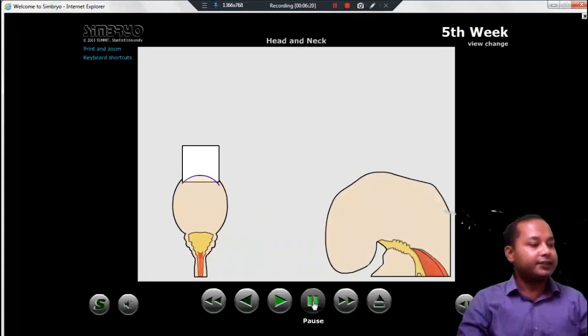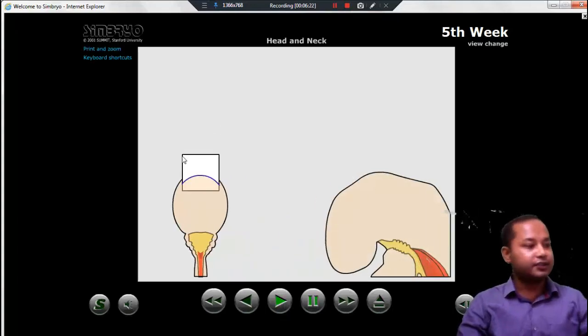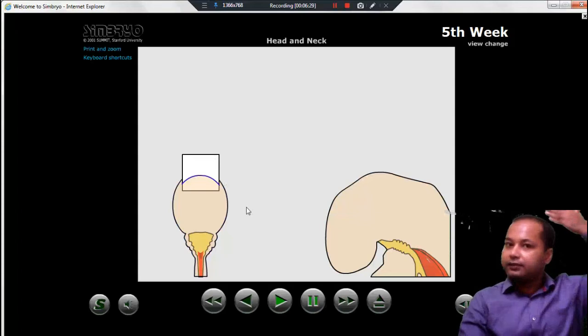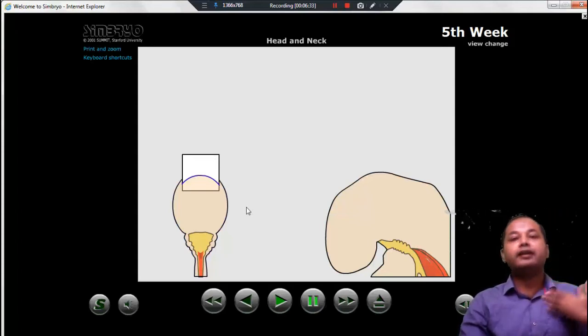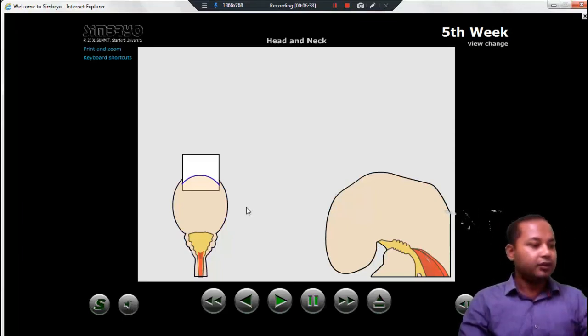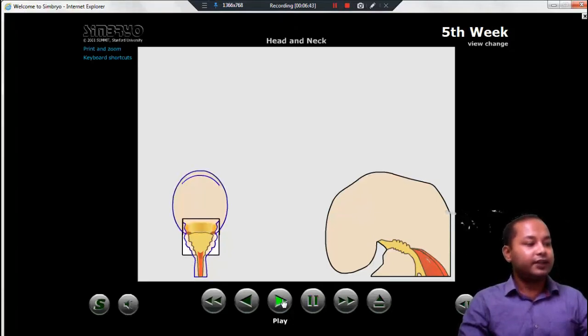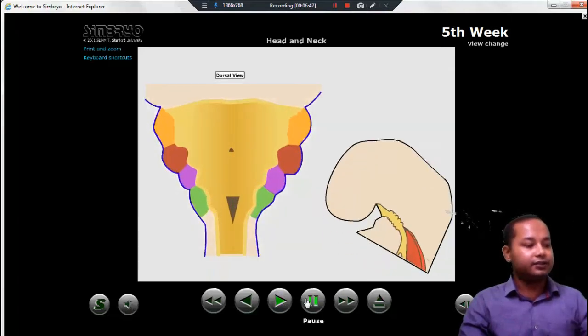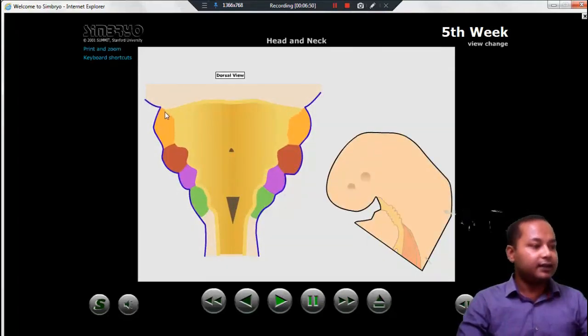So when I take a section, this is a coronal section. You are not taking the section in the sagittal way. That is the sagittal section, you remember, and this one is the coronal section. When you take a coronal section, you divide the body into anterior and posterior parts. So when you take a section of the head part exclusively, what you see here is that they have shown that these are the arches. Let me ink it out